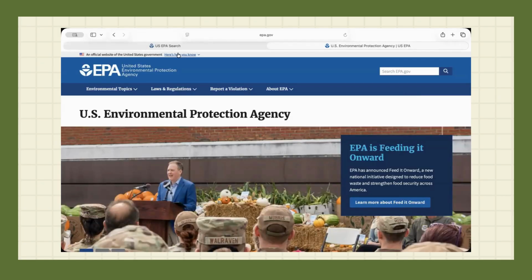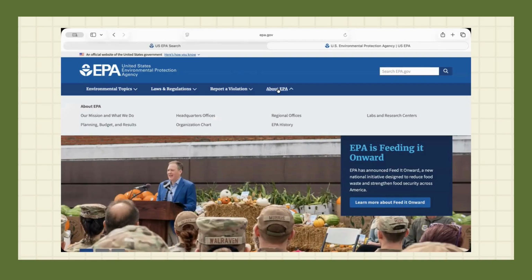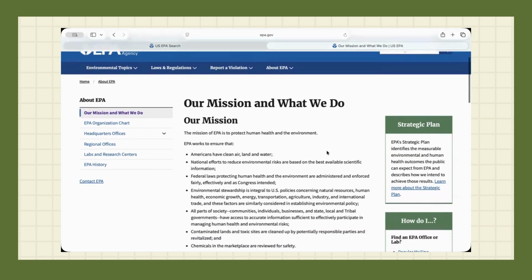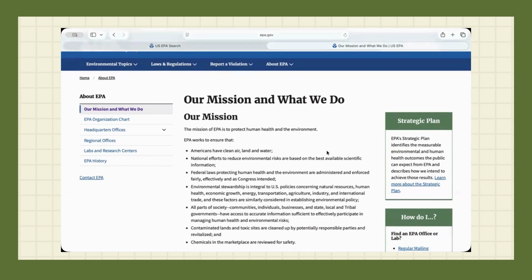an official government website. Also, we're going to look at the About link. So About EPA, and then we're going to go to our mission and what we do. So this will tell you a little bit about the agency itself and what their focus is. So the mission of EPA is to protect human health and the environment. And then when you have time, you can certainly go through and review some more of the EPA works that